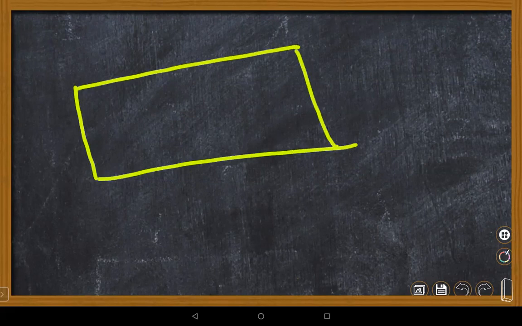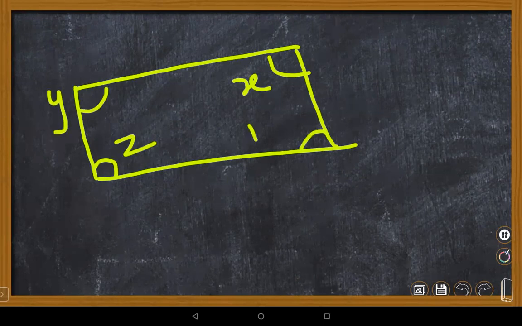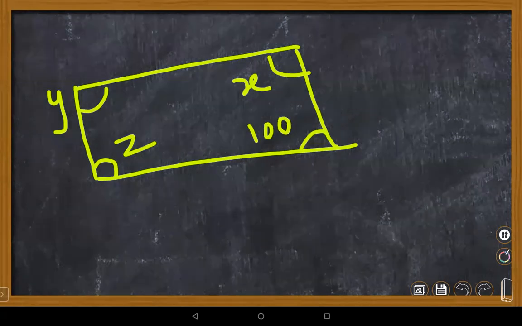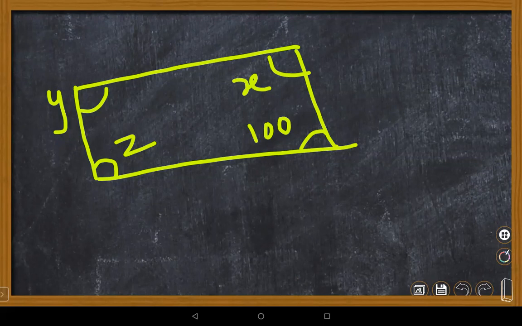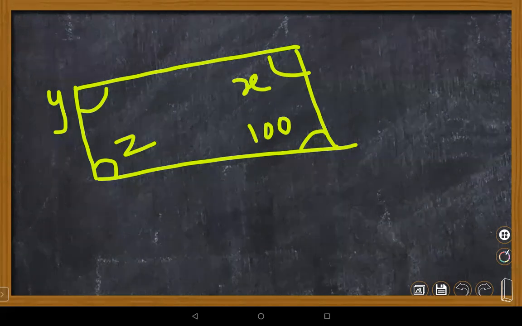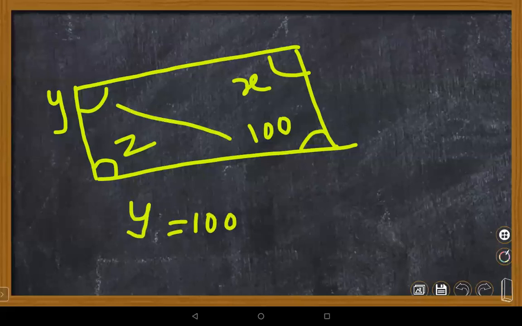Now this question should be answered by Ayush Mishra. Ayush, are you there? Yes, ma'am. I need to find out the values of x, y, z in this parallelogram. Can you give your properties? What properties are you supposed to use to find the values here? Ma'am, opposite angles are equal. So y will also be 100, ma'am. Then adjacent angles are equal to 180, ma'am, the supplementary.